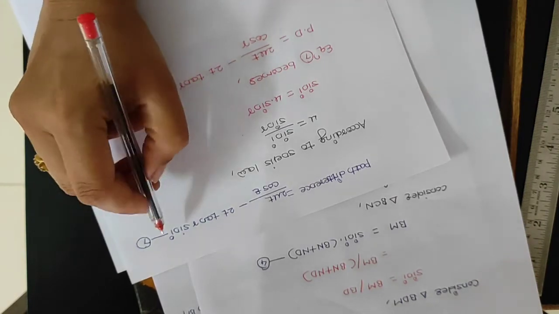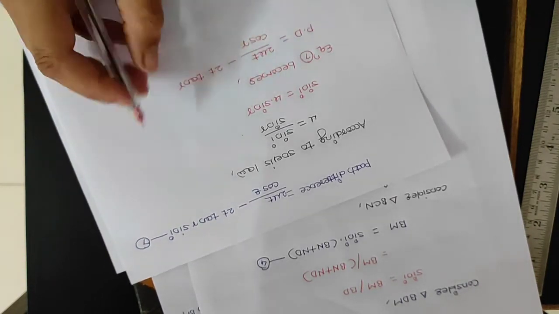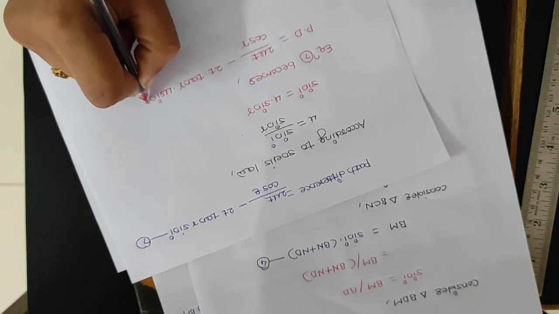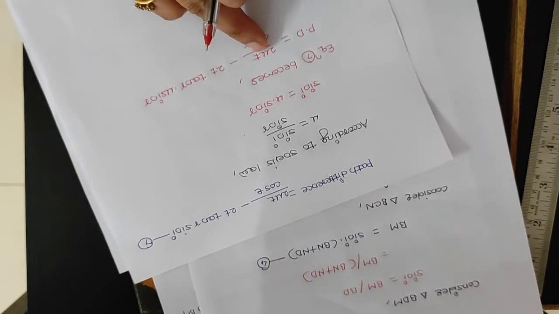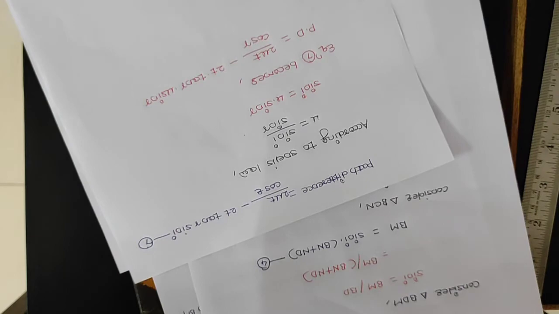Here we put sin i is equal to mu into sin r. Okay, now again here 2 mu t we will take common. So what we get,